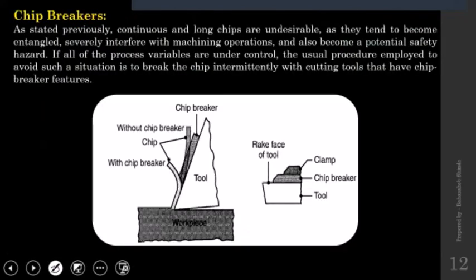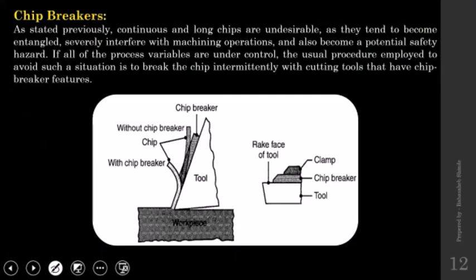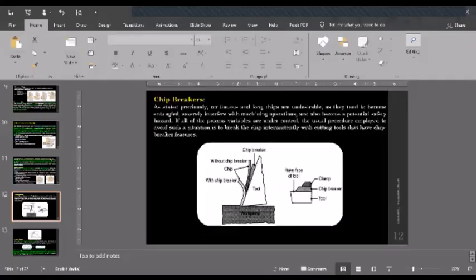The next thing that we are supposed to discuss is the chip breaker, and we will talk about that in the next session, because the meeting is just about to end, so better we stop here. We have 1.5 minutes. If you have any doubt or query, we can discuss.